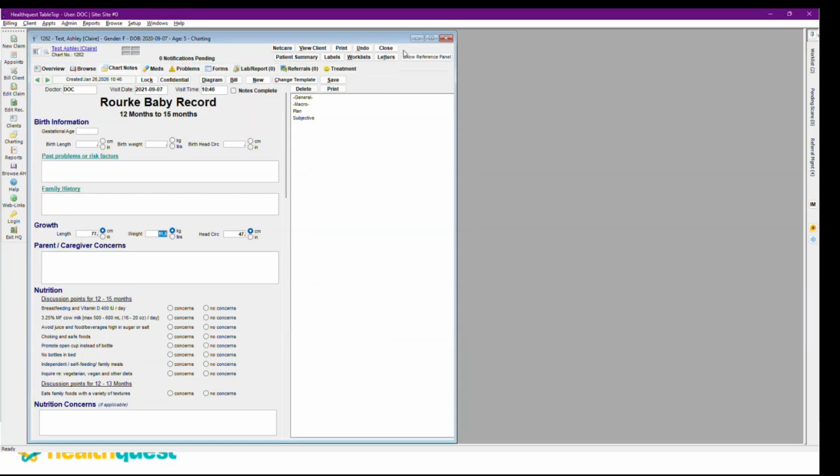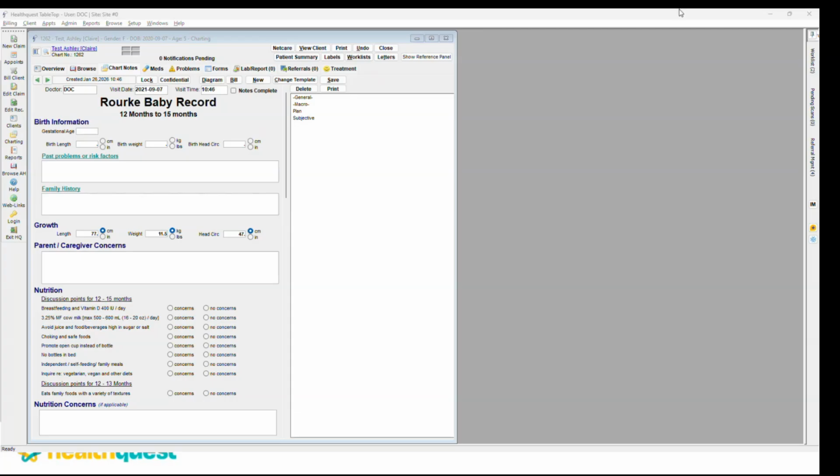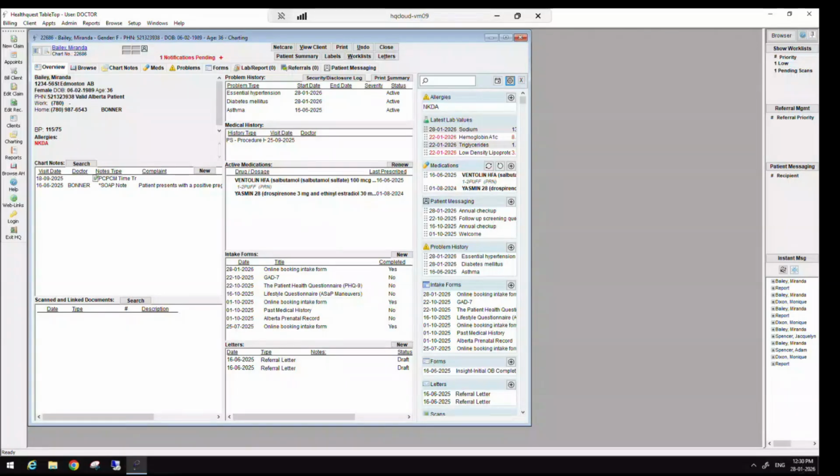So those are my charting tips and tricks that I have for you today. I'm going to hand it over to Sam now, and she has some more items to review with you. Awesome. Thanks, Stephanie. I will take over sharing here. And I am going to go through and share a number of additional features and some more tips and tricks